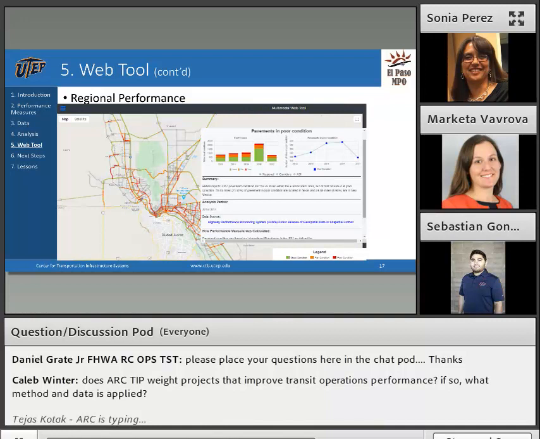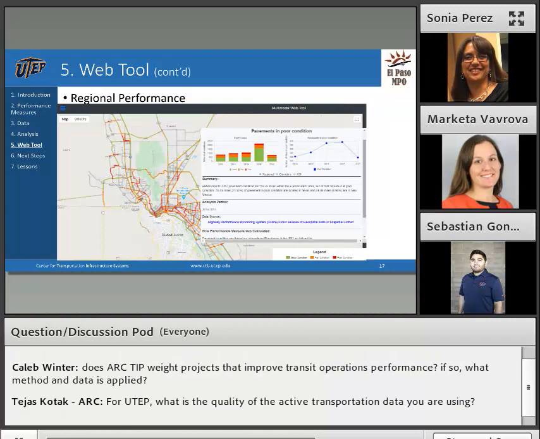Also, it has a section for a summary of what the performance measure is. We have the analysis period. We have our data sources and a short description about how the performance measure was calculated. We also include a small legend in the bottom right.